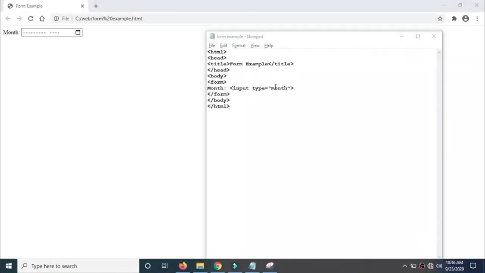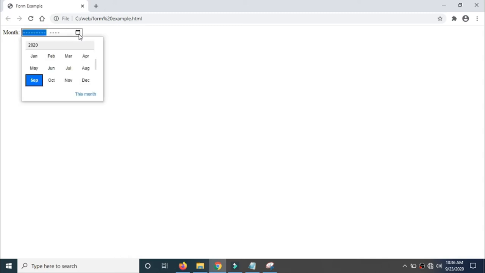This is the month type example. Here the text content is month, followed by input type month. If I run this program, you can notice there is a box which supports both month as well as year. If I click on this icon, it shows the list of months in the current year.